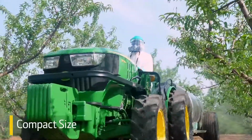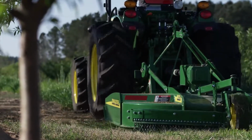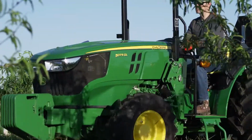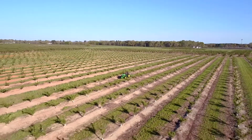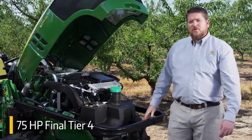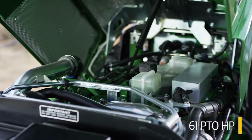While compact in size, it's built to handle everyday workloads throughout the year, like cutting, spraying, and hauling, even for commercial operations. The 5GL has a 75 horsepower final Tier 4 engine and generates 61 PTO horsepower to run a